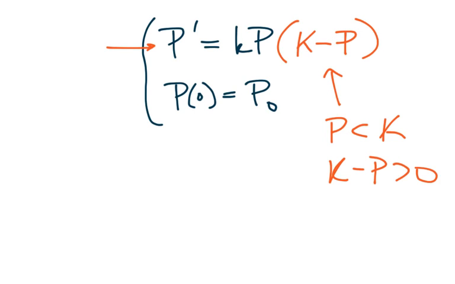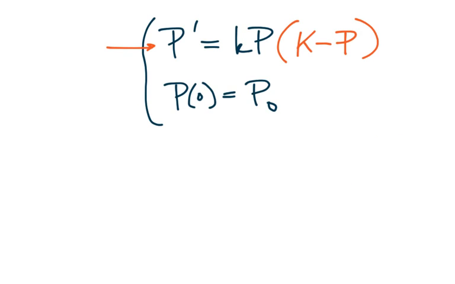So we want the growth or death of our population to be largely, almost entirely influenced by the sign of k, not necessarily by the sign of other things that we've included in our model. So this is really just a little technical point. That's why I did k minus p instead of p minus k. Either one works.